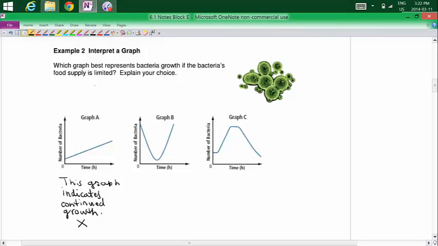And notice that it goes down rapidly, which would suggest that we're running out of food, and then we reach this low number of bacteria, but notice it goes up again, which would suggest that we have food again. But that's not our scenario. Our scenario says that we start out with a lot of food and it's a limited supply, so we're not going to put any more food into our food supply. So this graph shows